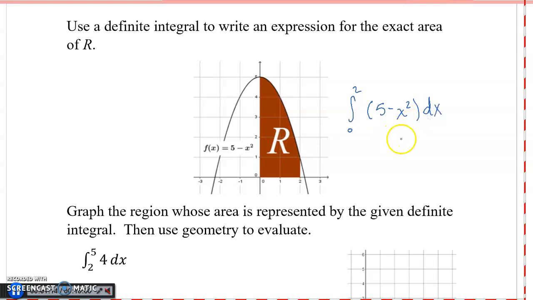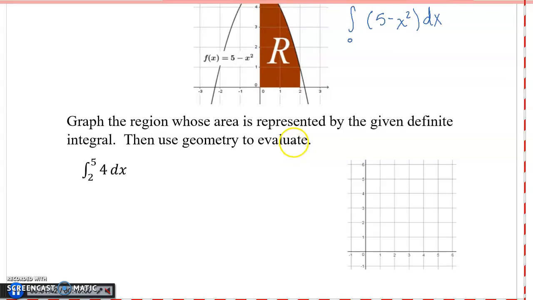Okay, that dx is going to be analogous to your delta x, which is the width of each of those rectangles. The 5 minus x squared, that's going to be your height of each rectangle. So this is going to be the area of each rectangle, and we're going to take the sum from 0 to 2. So this antiderivative symbol is actually a funny looking S, and that's actually where it comes from. So anyway, we can actually